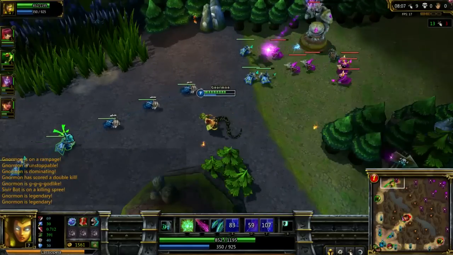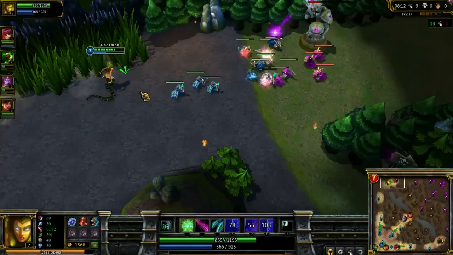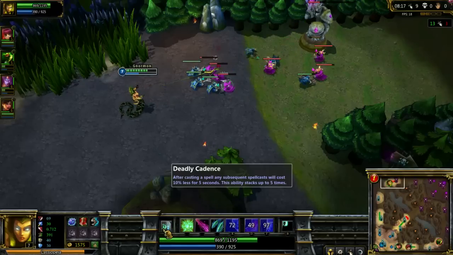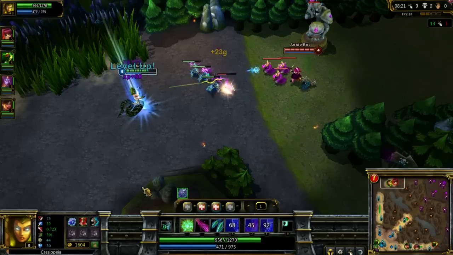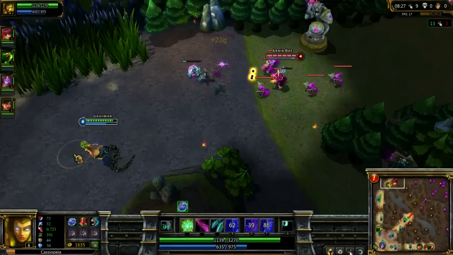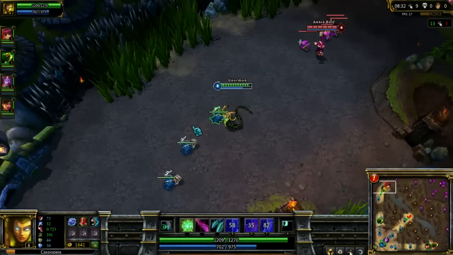One thing I didn't go over is her passive, which, shame on me, but her passive is, after casting a spell, her next spell cast costs 10% less for 5 seconds, and it stacks up to 5 times. So it makes her spamming ability effective, because you're not going to go out of mana immediately. You're going to still have mana to